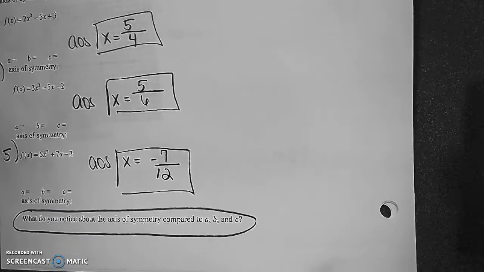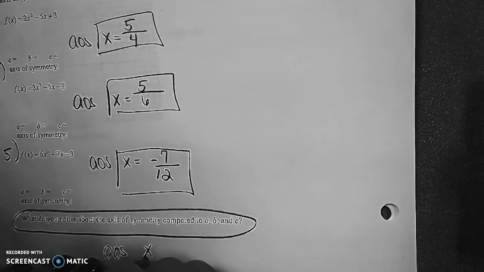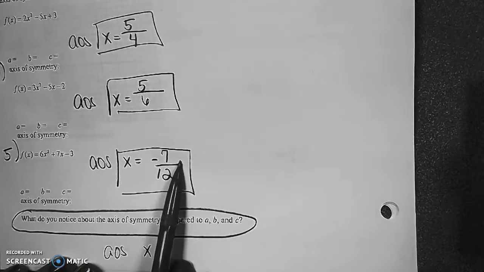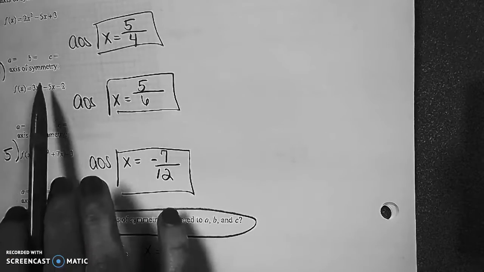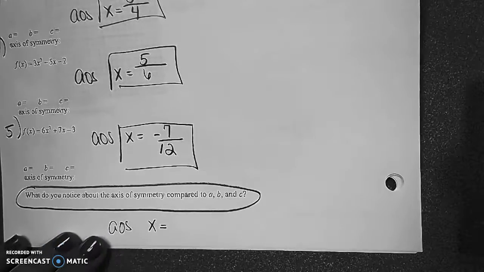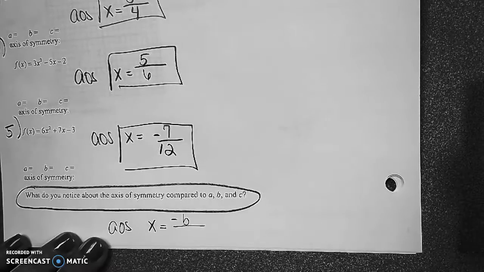And I've already mentioned to you that here's the part that we're really looking at. What do you notice about the axis of symmetry when you compare it to the values of A, B, and C? Well, hopefully you saw that the numerator corresponds to b. So notice our numerator here is -7, b is 7. 5, b is -5, and so on. So actually, we would take the opposite of b if we want to try to find our axis of symmetry,